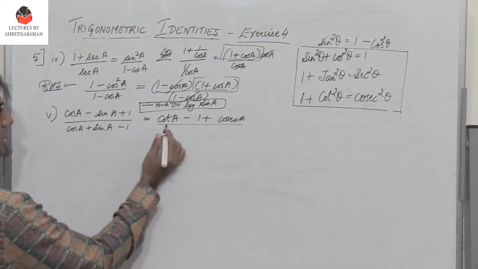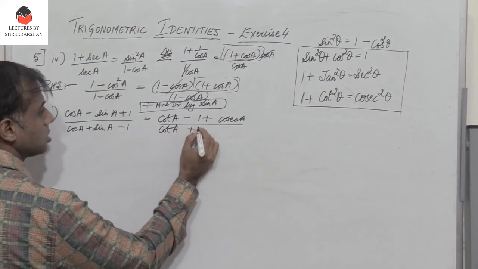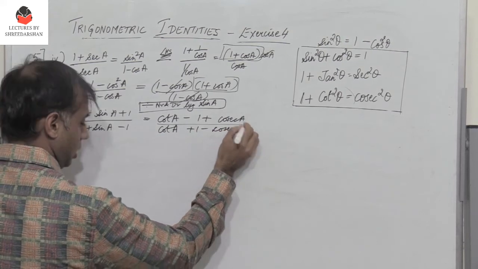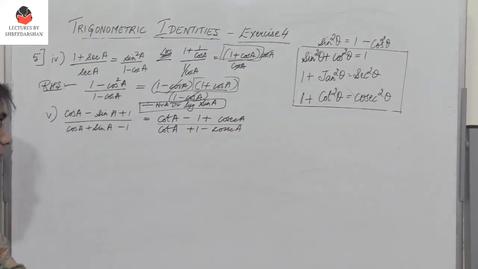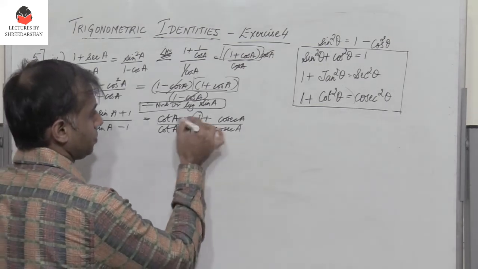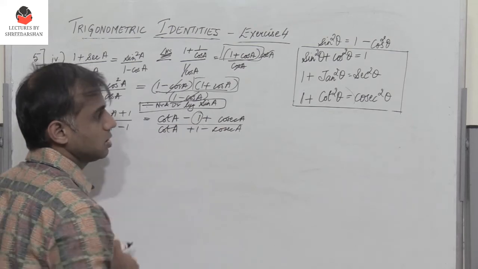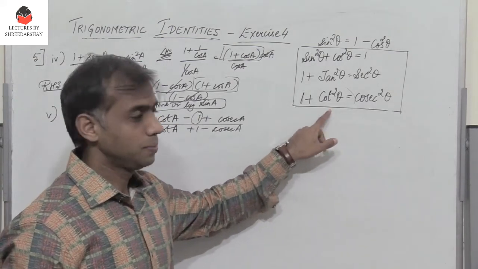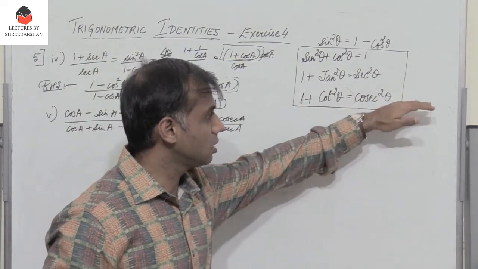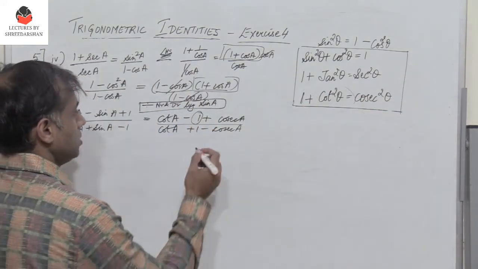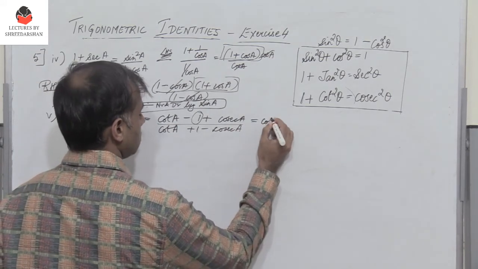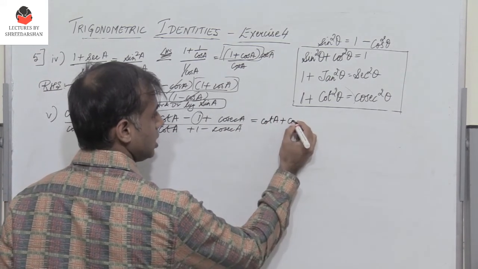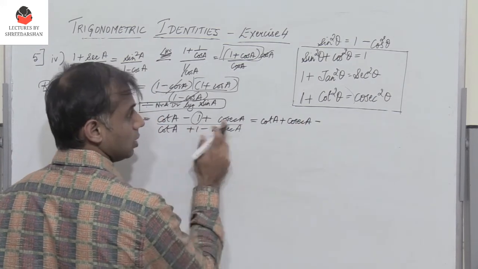So now cos A by sine A again is cot A plus 1 minus cosecant A. Right? So this is what we have got here. So now we have to get the expression as cosecant A plus cot A. So now we have this 1 here. Now what is 1? 1 can be represented in terms of cosecant and cot. So 1 equals cosecant square theta minus cot square theta. So let's use that. So I have cot A plus, I'll write this cosecant A minus 1.